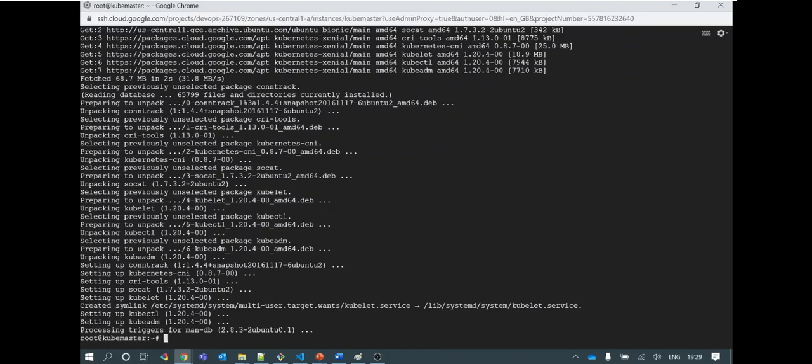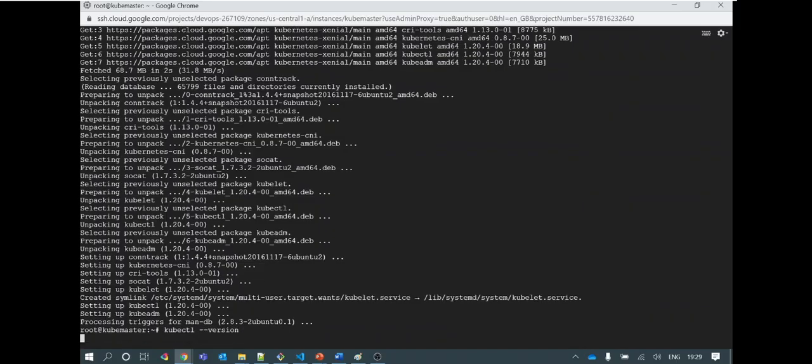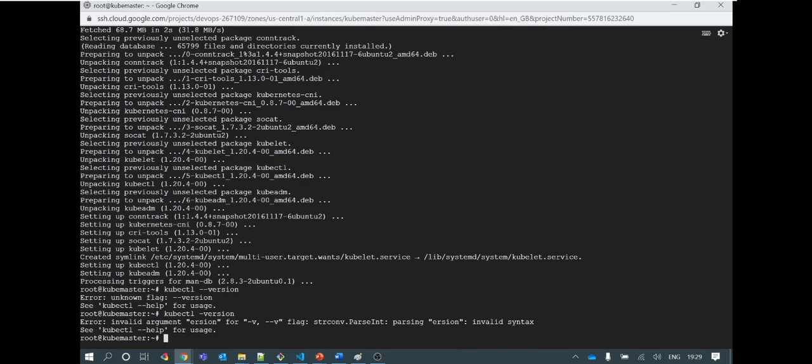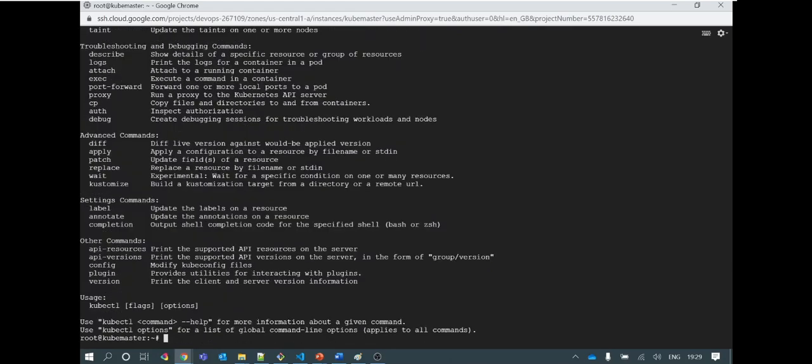Yeah, so this is installed, and let's see if everything is installed correctly. kubectl --version should give me the kubectl version. Okay, yeah, so kubectl is installed correctly, and for version I need to just mention version, it should not be hyphen.